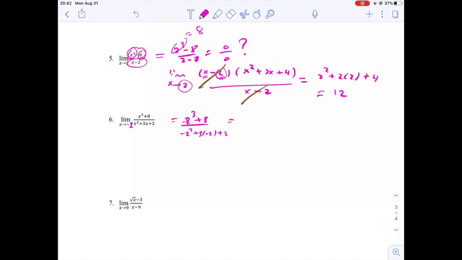Here we have negative 8 plus 8, and in the denominator this is 4. This is negative 6 plus 2, and that's 0. So 0 over 0, so we need to simplify. Let's simplify this. So we need, as we did for the previous example, we can factor the sum of the